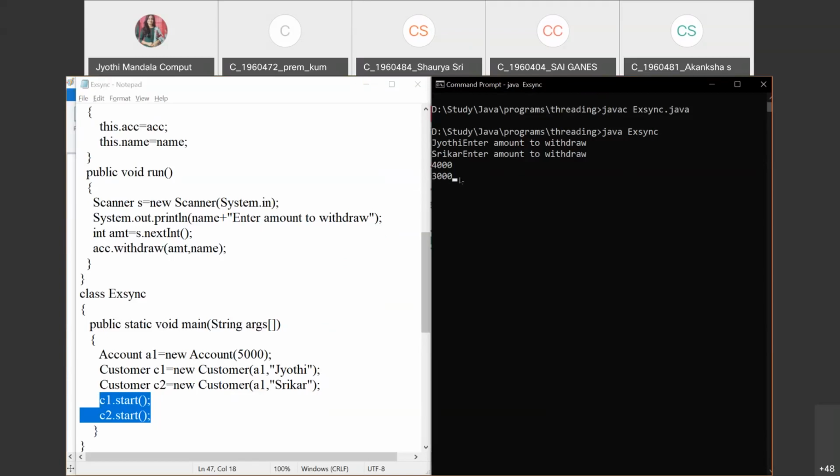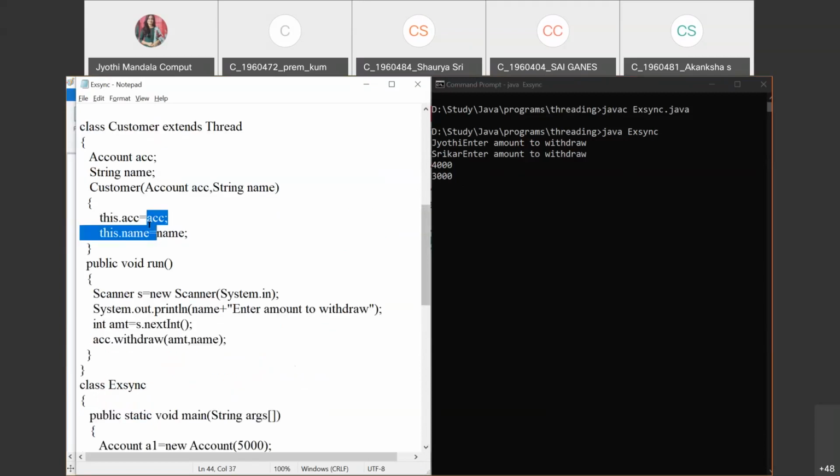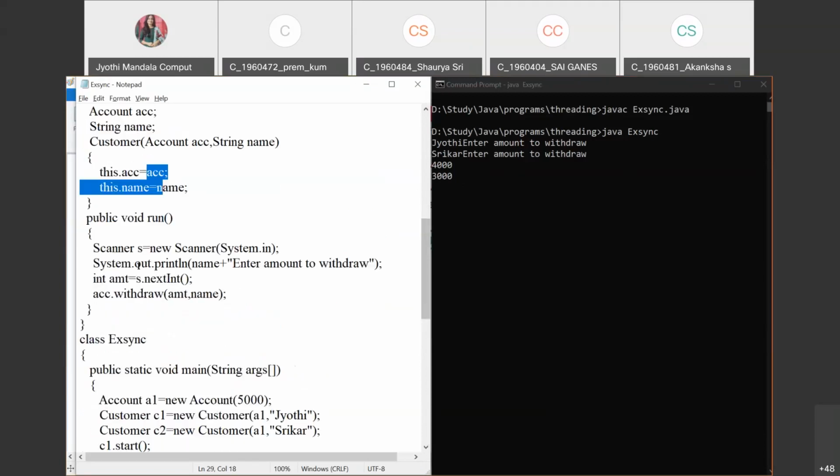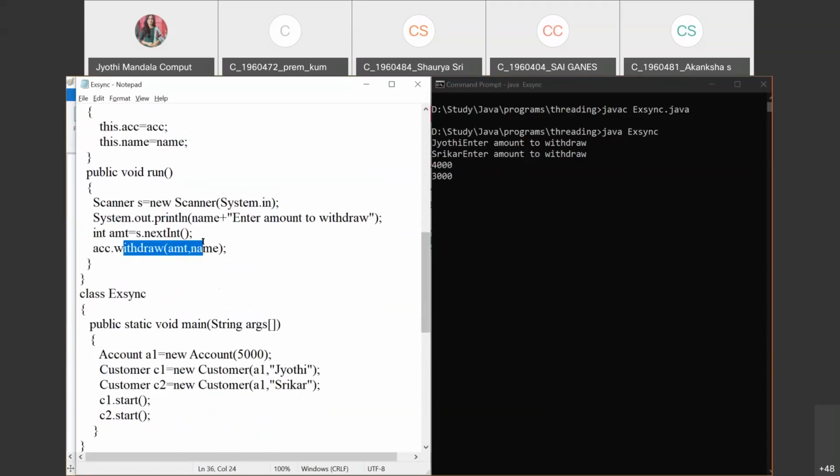We have given two values, and these two values will come here. The name and account are assigned, and then we are running this method. It is asking to enter the value, and that is stored in the amount, and it is asking the amount to be withdrawn. So this process is right.